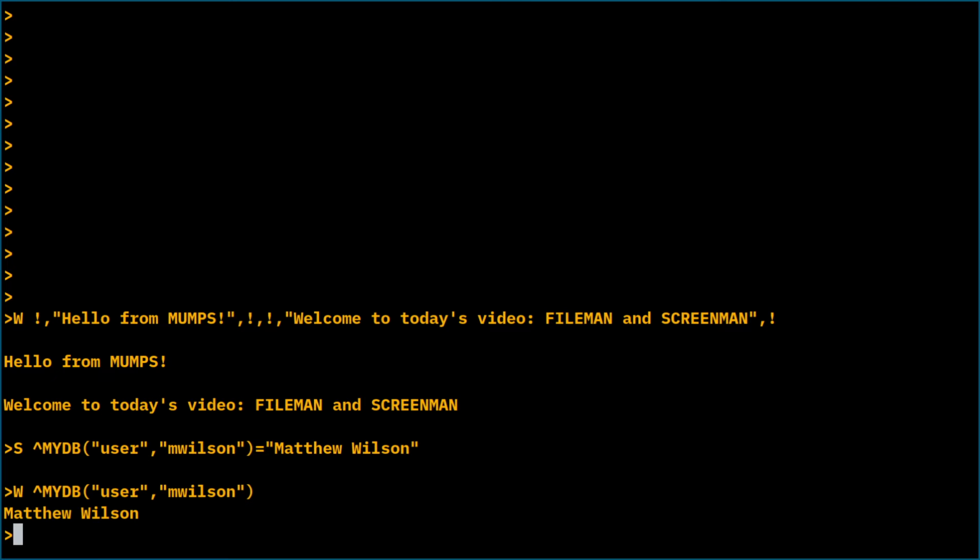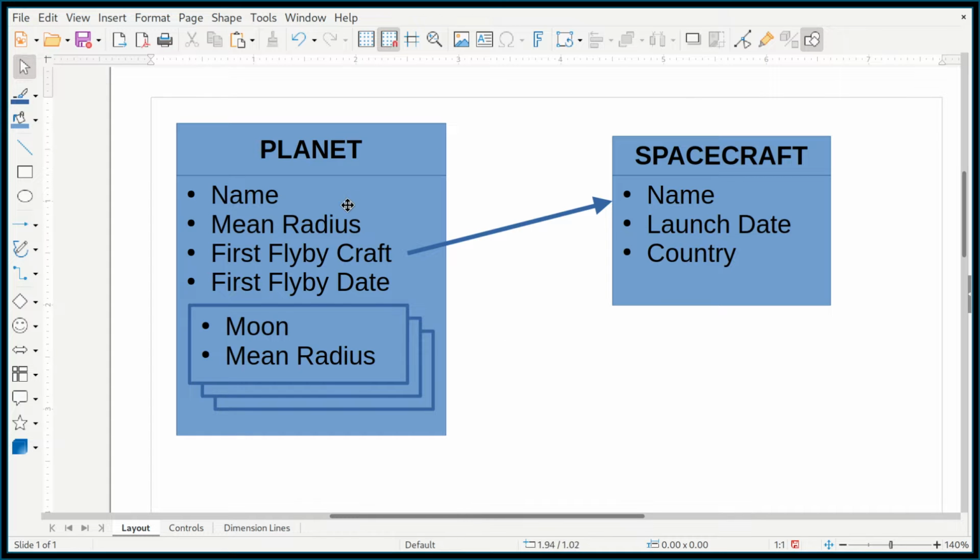If I pick the right desktop here, I have a diagram of the simple database that we're going to build in FileMan. I was thinking we'll have a database where we can keep track of planets in the solar system. And those planets, of course, have a name. We might keep the mean radius. And then the first space probe or spacecraft that did a flyby of the planet and the date that that